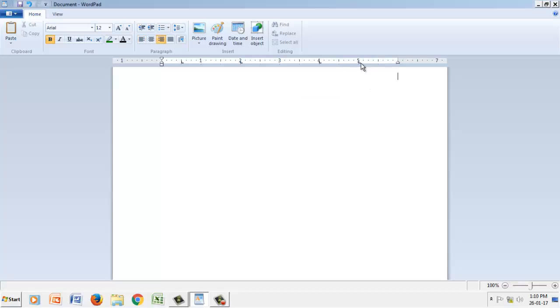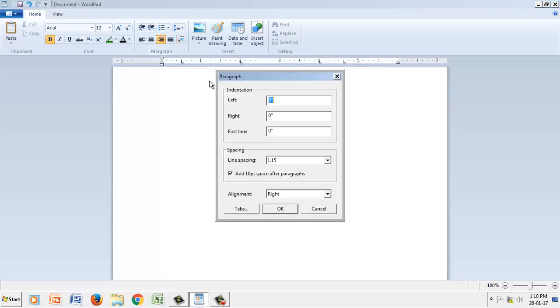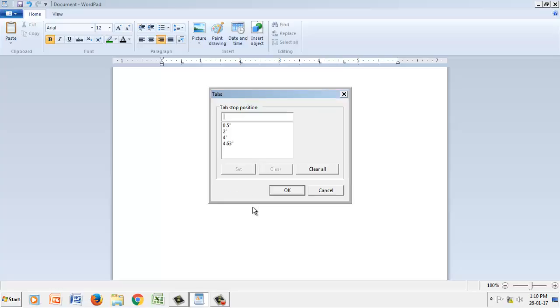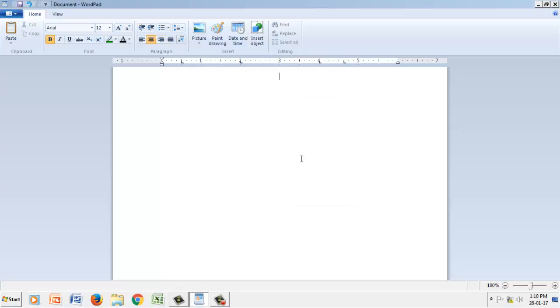So left and right, you see that? So alignment right or alignment center, and okay. So everywhere when you click on these tabs,